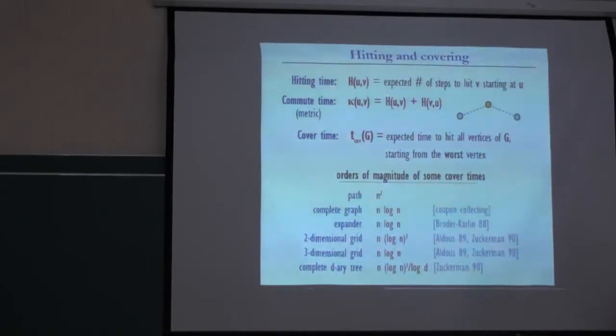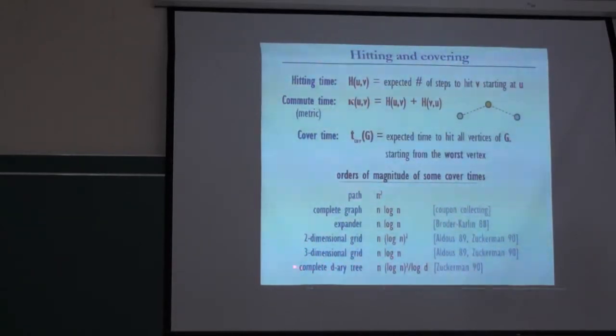And then to understand the fractal structure I described to you before, one needs to really pin down the constants in front. And this involves a lot of work. That was work with Dembo, Peres, Rosen, and Zeitouni about 10 years ago, which gave that fractal structure I showed you in the picture. In the three-dimensional grid, it's back to behaving like the complete graph, so it's order n log